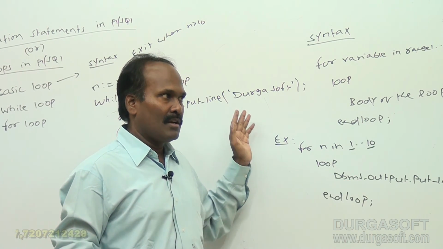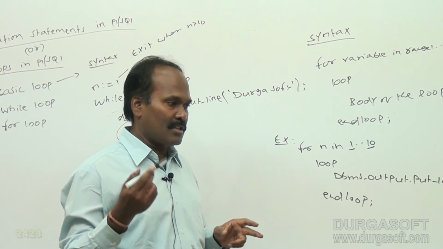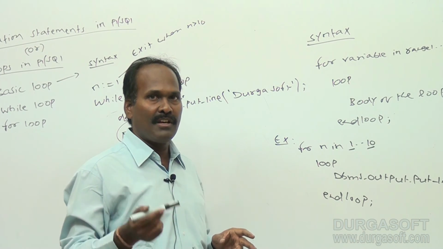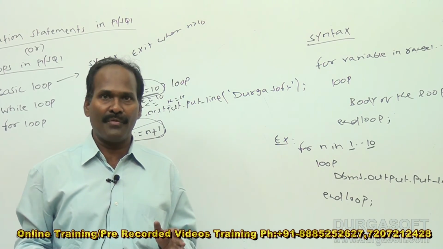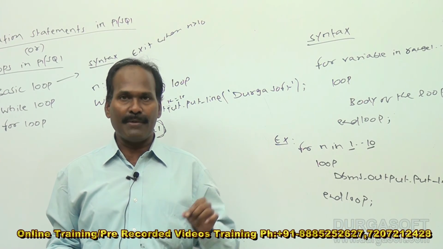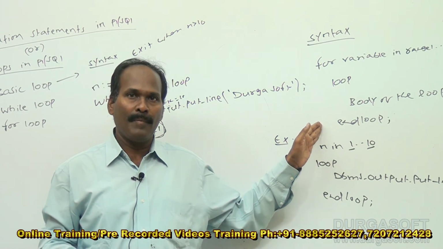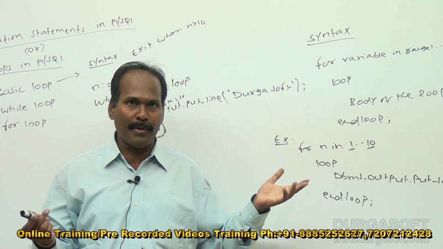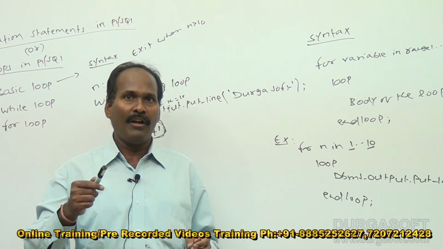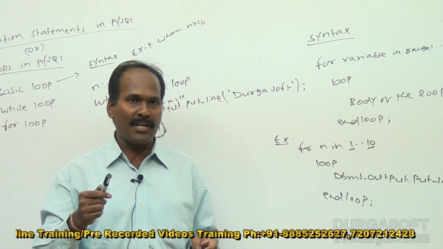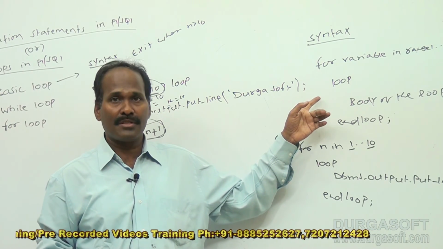Here we have the basic loop, while loop and for loop. Which loop is suitable in which case? Just within a line I will explain. When the body of the loop has to be executed a finite, known number of times, you go for the for loop. In advance, we may or may not know how many times the body of the loop has to be executed. If you know, you better use the for loop.